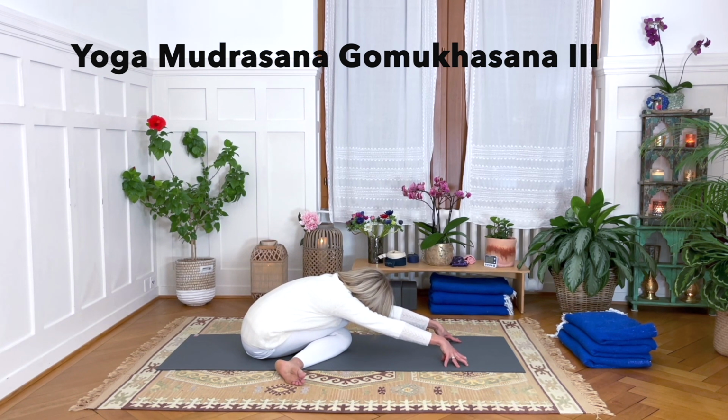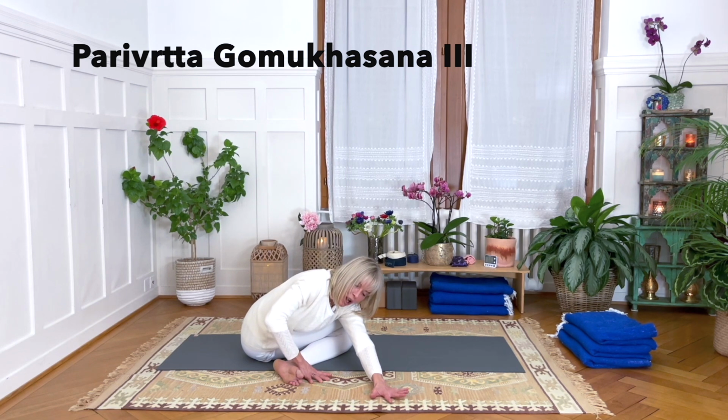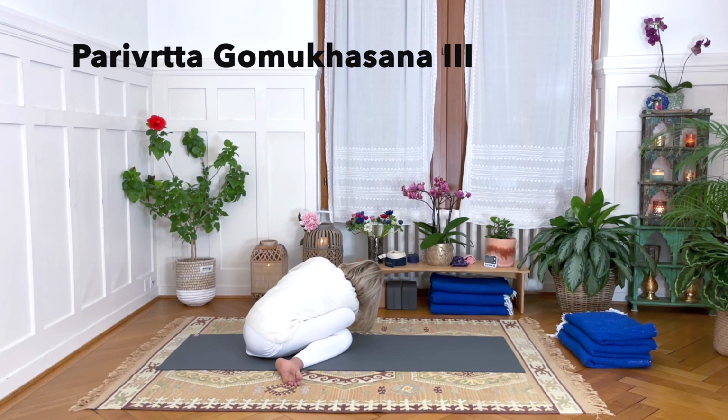So keep that alertness in the arms, that presence. And then up and to the right. So one arm is lengthening and one arm is bending. One arm is moving forward and one arm is twisting. And up and to the left. And back up,